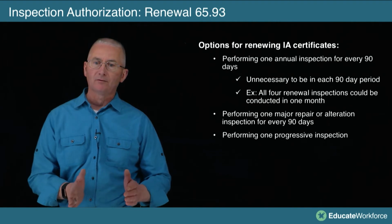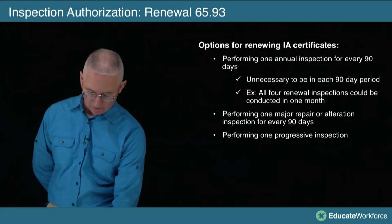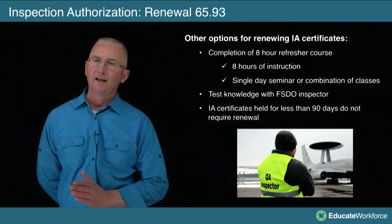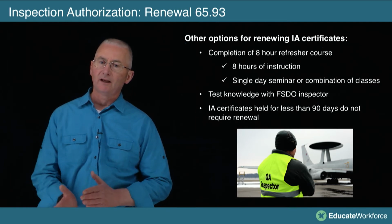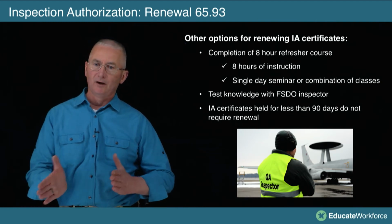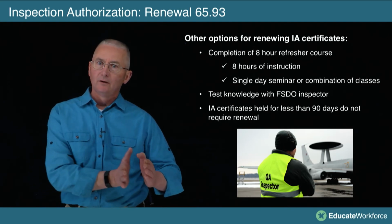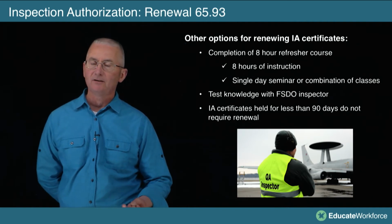Another option is performing a major repair or alteration every 90 days, or performing a progressive inspection. So there are different ways that you can meet the requirements to keep your IA valid. Other options would be the completion of an 8-hour refresher course. That 8 hours of instruction needs to be once a year. It's typically going to be a single-day seminar combined with some classes, but we're talking 8 hours once a year, annual training. Or you could go to the FSDO and ask for a specific knowledge test with the FAA